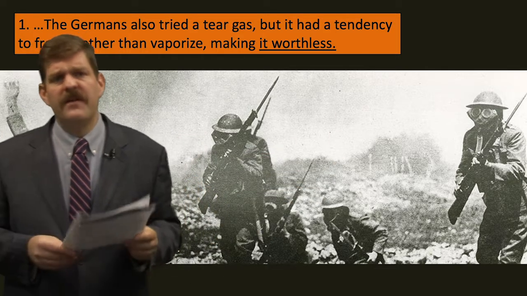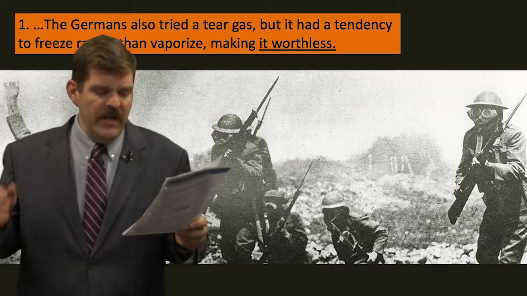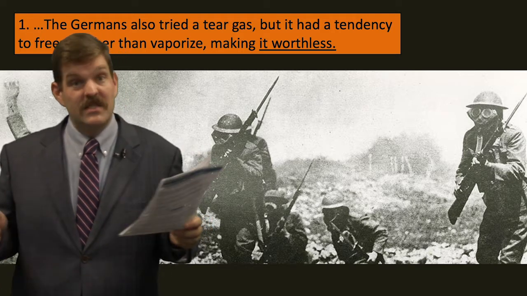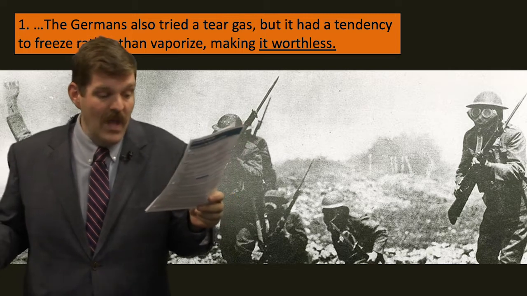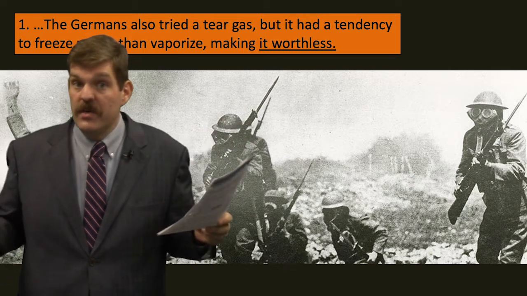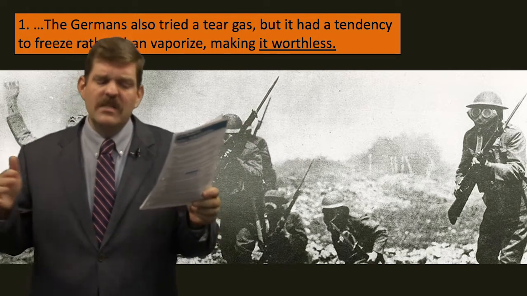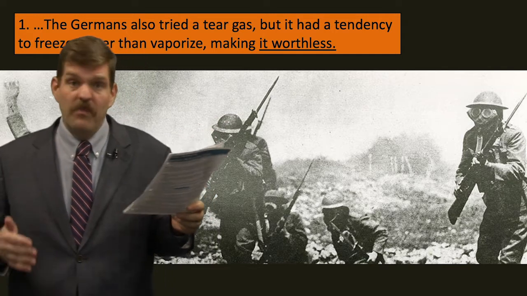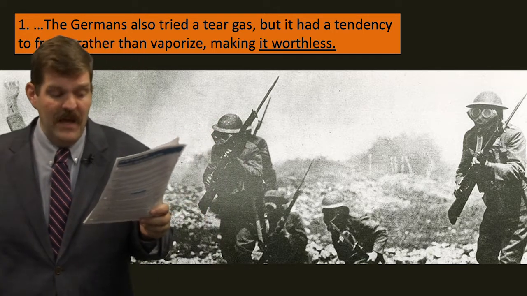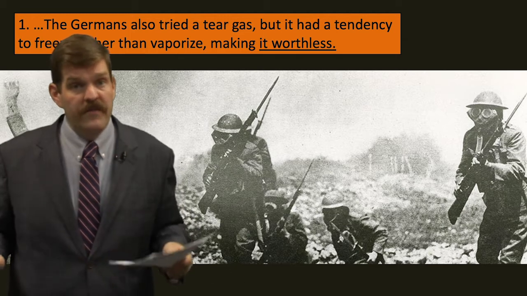The French developed a different kind of gas known as phosgene. Phosgene was a gas that was colorless. It smelled like wet hay, so it basically went unnoticed until the damage was done. Phosgene isn't as well known as the other gases, but it was more successful than most, killing 85,000 people, far more than all of the other gases.